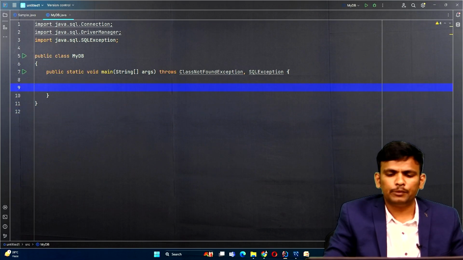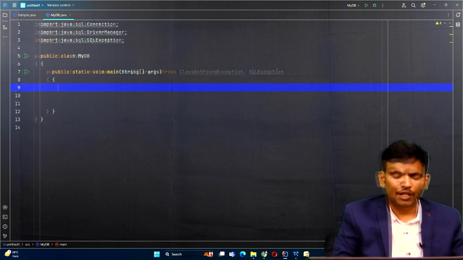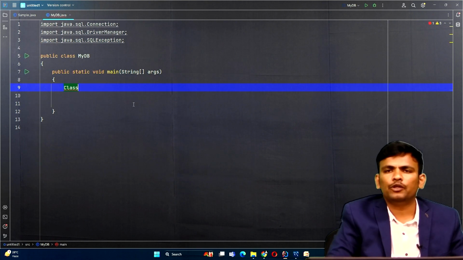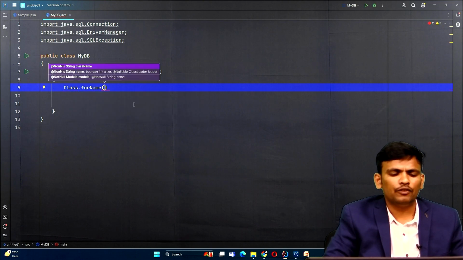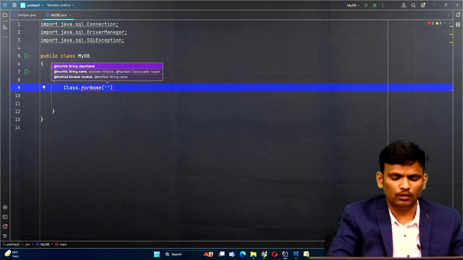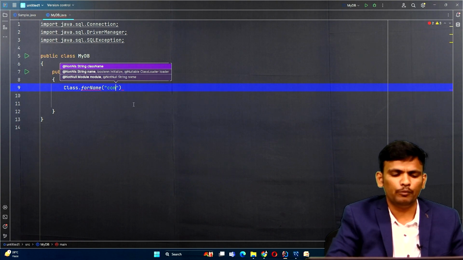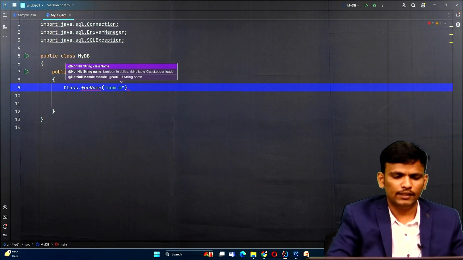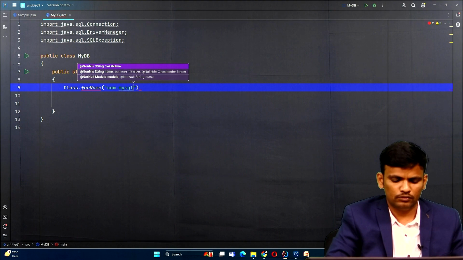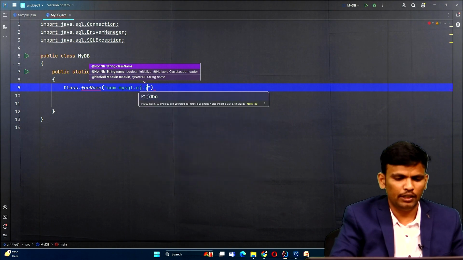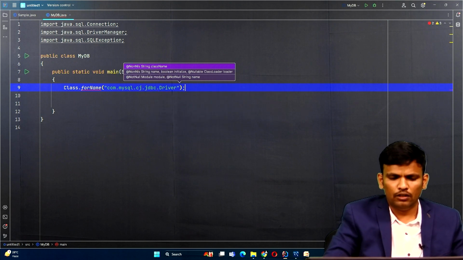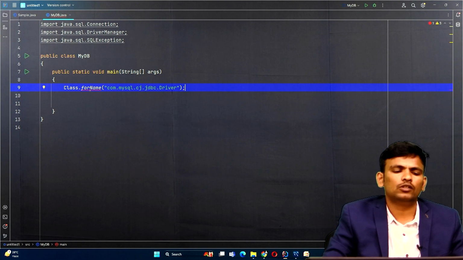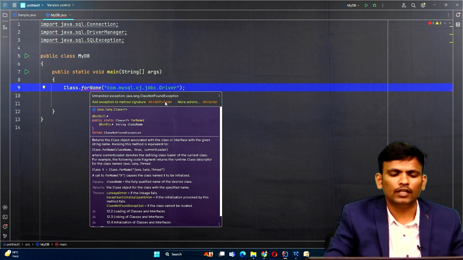As per the database connection steps, the first step is to load a driver. To load the driver, we need to use Class.forName. In Class.forName, we need to pass the database driver name with the fully qualified class name: com.mysql.cj.jdbc.Driver. So this is my driver name. Now, as I mentioned, whenever you are using Class.forName, the forName method will be